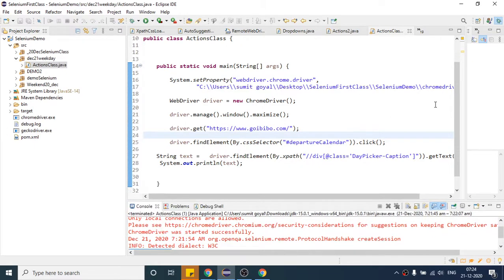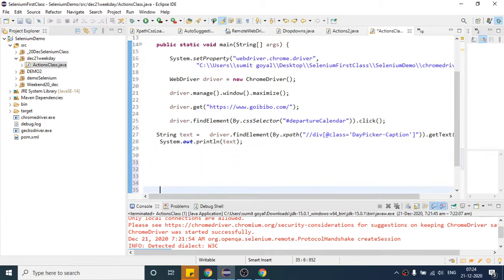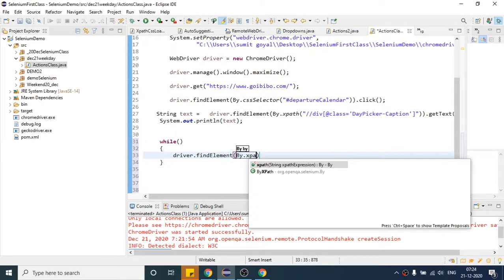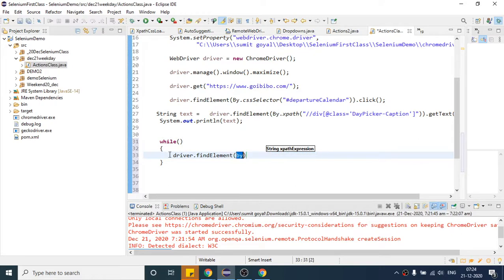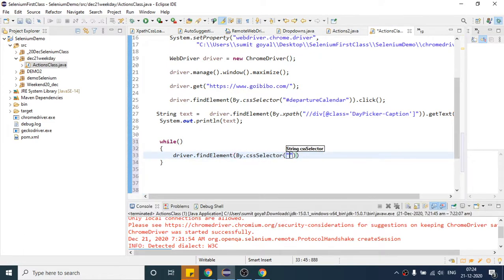You can also do it like this. After that, let me write, I will use one while loop, and inside that I will write the code to click on the next button, find element by dot CSS.